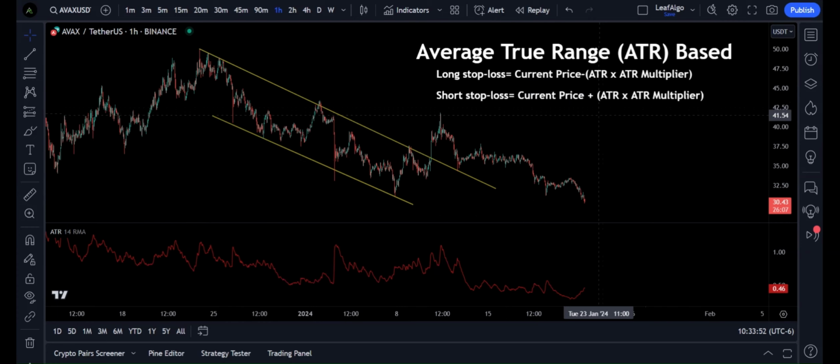And most of the time, the multipliers are like 1, 1.5, 2, 3. And this is basically how you're calculating how many deviations from the current price you are willing to go based off of that ATR number. And it would be the same but inverse for the short stop, where you would add that to the